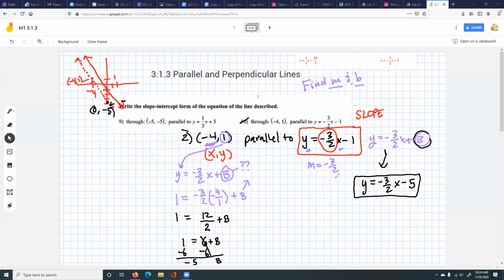Any questions on any of that? How to find parallel lines? If they give you a point that's parallel to the line and they give you the equation of a line that's parallel to it. Okay, and I'm going to post this video probably later, or might not, I don't know, we'll see. Next example, I need to clear my screen here